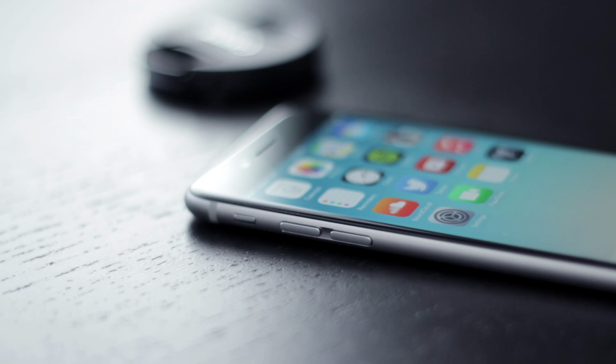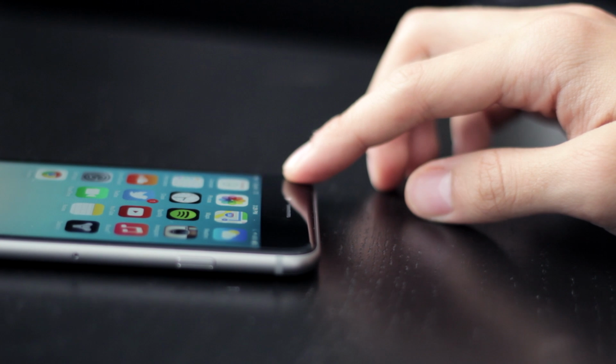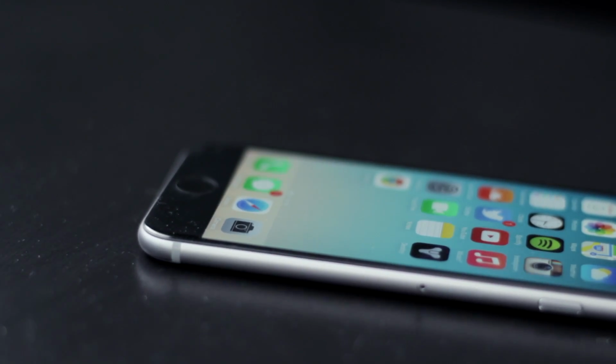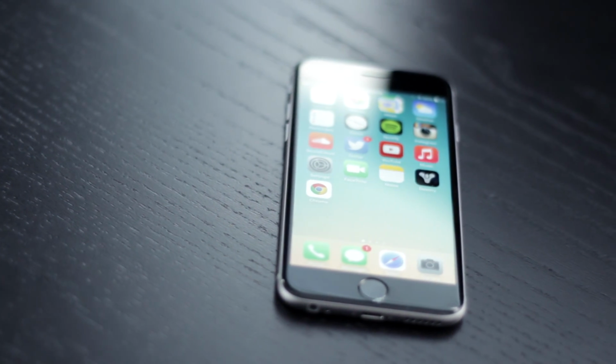In terms of design, I think the device looks beautiful, and it's well made. The aluminum feels great, and it's built solid. The antenna bands on the back don't look as bad as others have made it seem. The protruding camera doesn't bother me as much as I thought it would, although it's important to mention that the phone will rock back and forth if you lay it down on a table. If the protruding camera is something that will bother you, you can always put a case on it and even it out. Overall, the design is simply top-notch, and you're more than certain to pay top dollar for such a